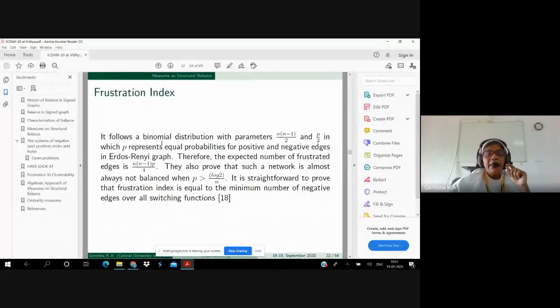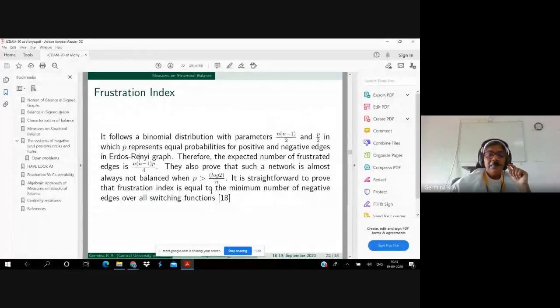Another result is that the number of frustrated edges follows a binomial distribution with the parameters n(n-1)/2 and p/2, in which p represents the equal probabilities for positive and negative edges in the Erdos-Renyi graph. I hope you all must definitely know this graph. Therefore, the expected number of frustrated edges is n(n-1)p/4. And they also prove that such a network is almost always not balanced when this probability is greater than log 2 over n. It is straightforward to prove that the frustration index is equal to the minimum number of negative edges